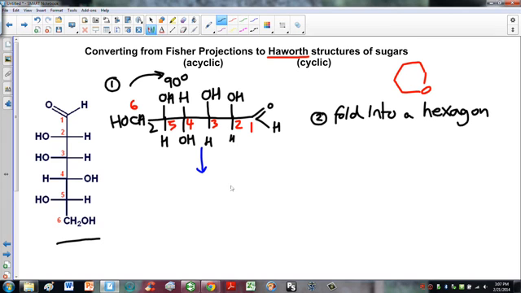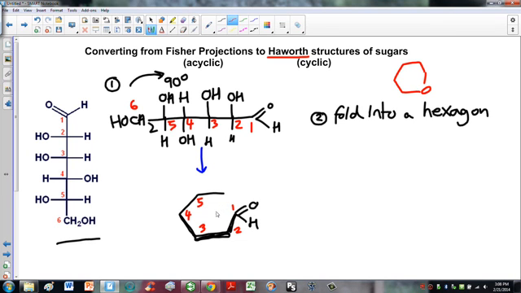We're going to start off with the carbon that was the aldehyde. I'm just going to draw that out again down here. So that's carbon 1, and I'm trying to draw these in the form of a hexagon. So I'm going to try and draw out the shape of a hexagon here. If it helps, I'll draw a little bit of perspective here, showing that these bonds are actually coming out towards you a little bit, because these are the ones in the front. I don't know whether that helps or not. But if I label these again, I've got carbon 1, 2, 3, 4, 5,